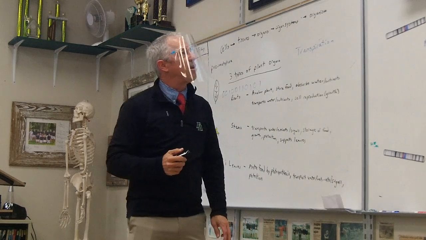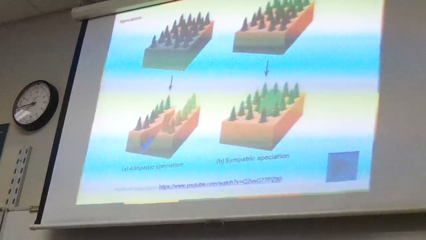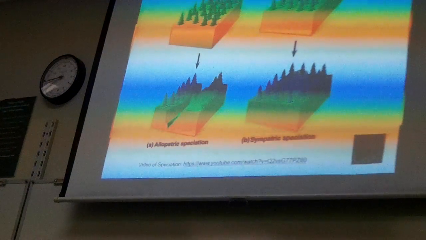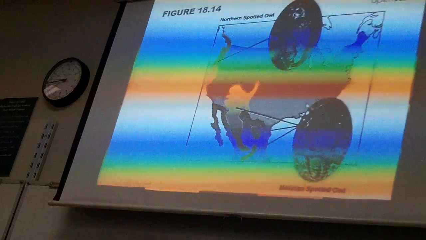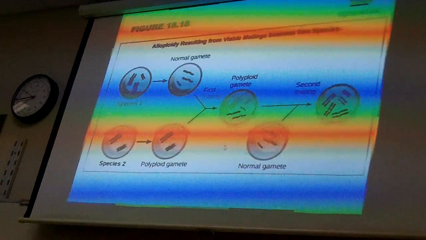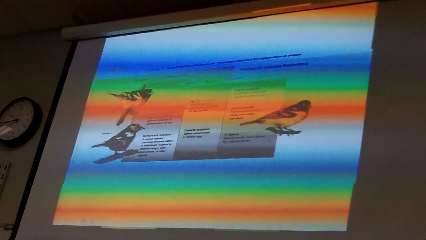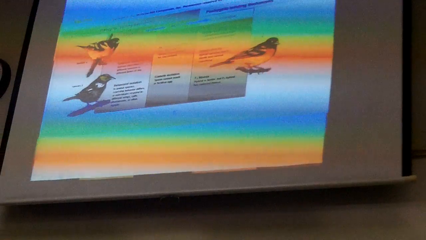But that's how you can end up with this new kind of tree that is different from the old kind of tree, and you don't have to be separated. It can just appear amongst the others. And so the book talks about this. Now, let's keep going talking about